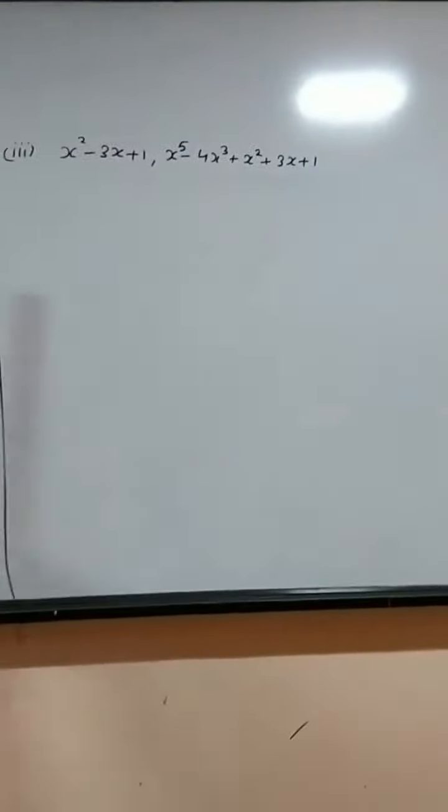Similarly, the second identity is what? Alpha beta plus beta gamma plus gamma alpha. Write all the values. 1 by 2 into 1, 1 by 2, 1 into minus 2, minus 2, this into this. 2 cancels, minus 1, minus 2 minus 1, minus 3. Take LCM 2: 1 minus 6 by 2, 1 minus 6 is minus 5 by 2. Minus 5 means C and 2 means A, so C by A. Alpha beta gamma: 1 by 2 into 1 into minus 2, 1 into minus 2 is minus 2 upon 2, and minus 2 means D and 2 means A. So alpha beta gamma is equal to D by A. All three formulas are verified.